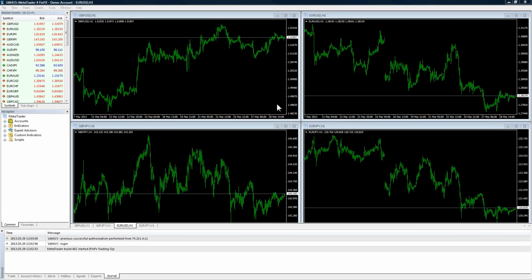Okay, so we have here 4 charts. We've got the pound dollar, the euro US dollar, the pound yen, the beast as they call it, the euro yen, and next to that, of course, you can see your time frame. Now one thing that I typically recommend, you can see that I've got it cleaned up a little bit here. Depending upon what currency pair you're trading, if you don't need to have extra charts open, I don't recommend keeping them open.